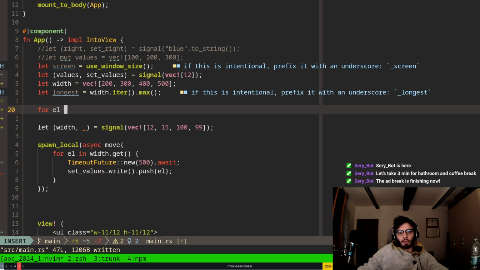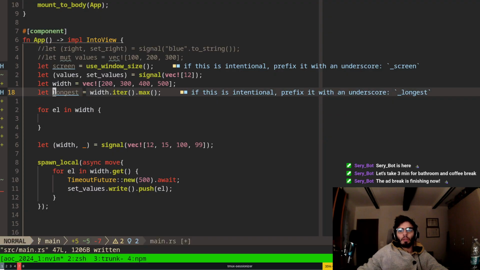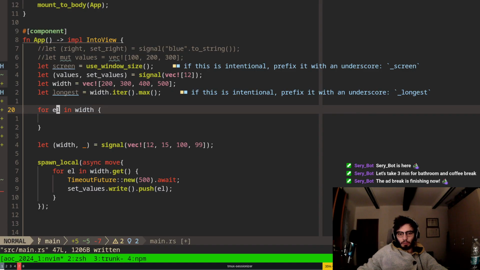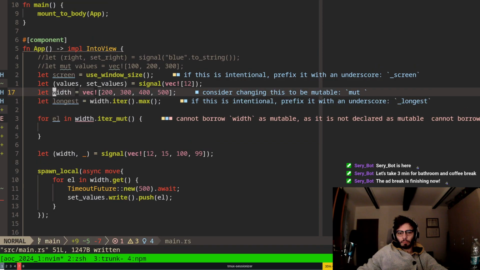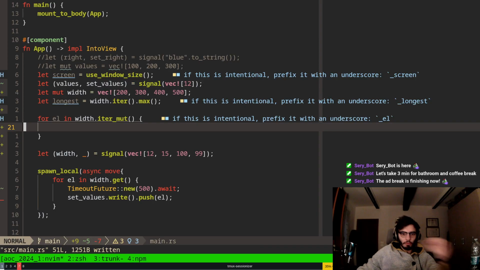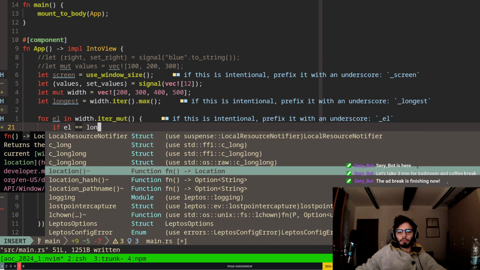Right, so now that we know the longest for L in width, I'm gonna be like iterable. We're going to make my L equal the percent, like, sort of, if L is equal to longest,